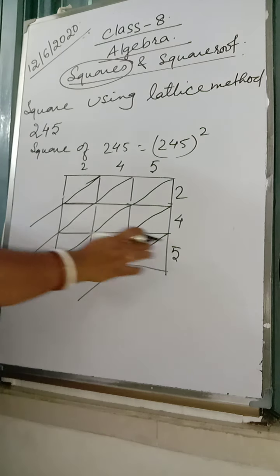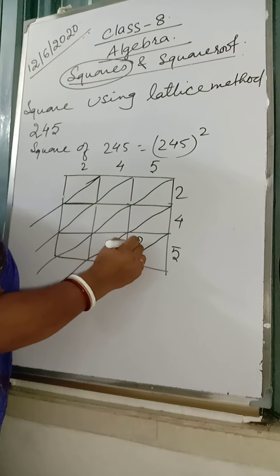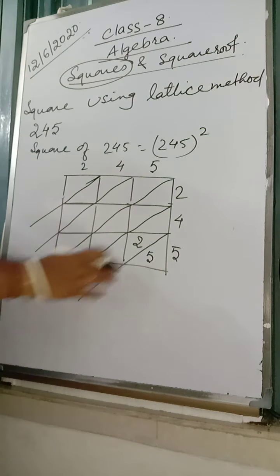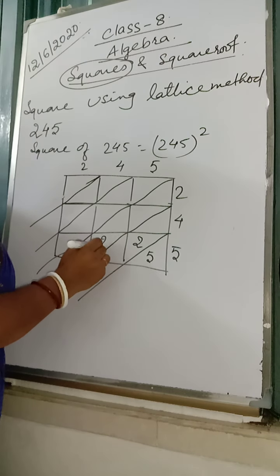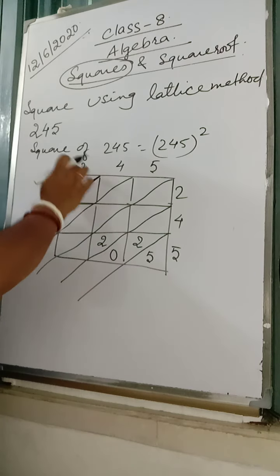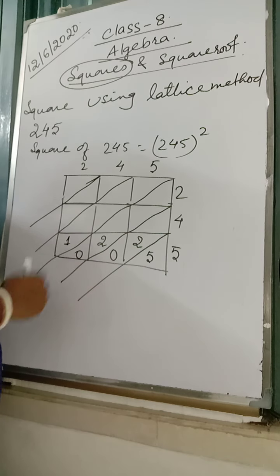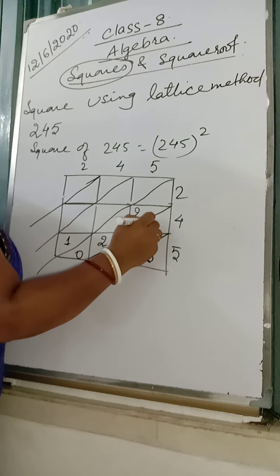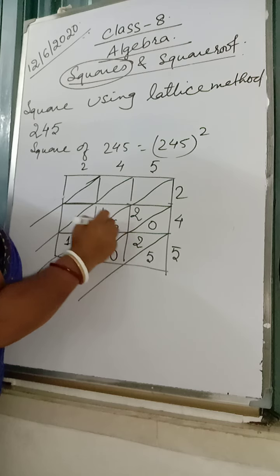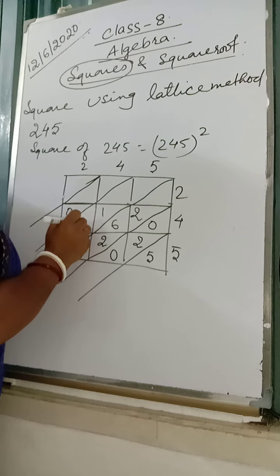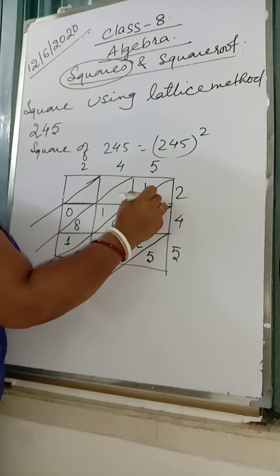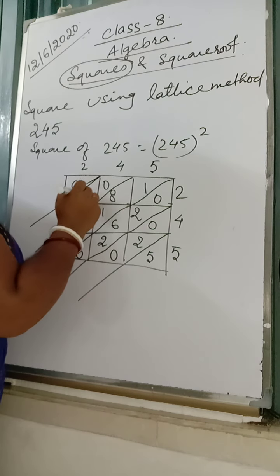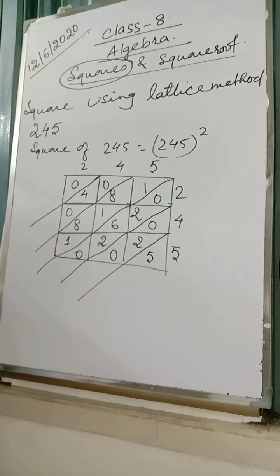We have to multiply. 5 5s are 25, so 2 will be written on the upper column and 5 would be written on the down column. 5 4s are 20, so 2 is in upper column, 0 is in down column, and 5 2s are 10, so 1 is in upper column, 0 is in down column. Clear? Now 4 5s are 20, again 2 up, 0 down, 4 4s are 16, 1 and 6, 4 2s are 8, 0 and 8. 2 5s are 10, 1 up, 0 down, 2 4s are 8, 2 2s are 4. Clear?